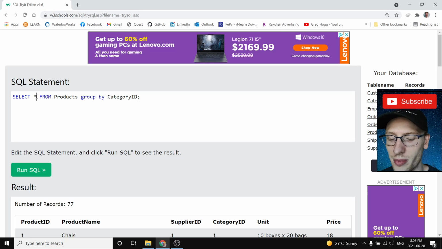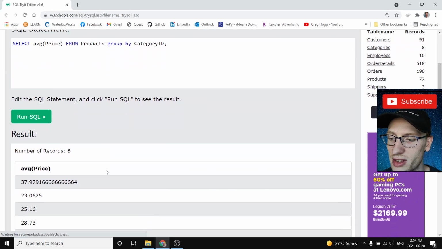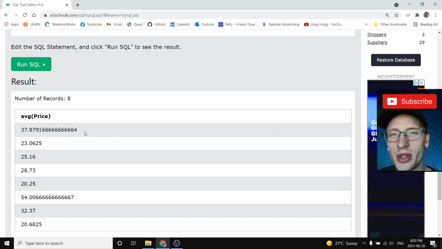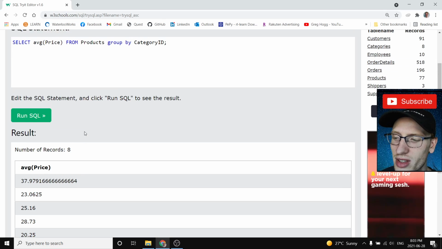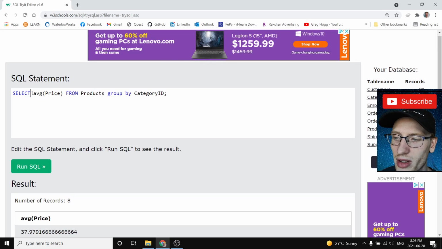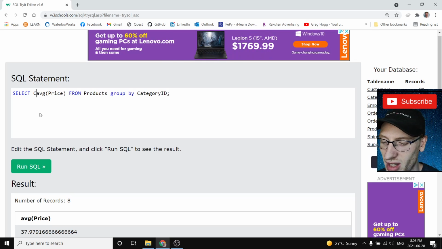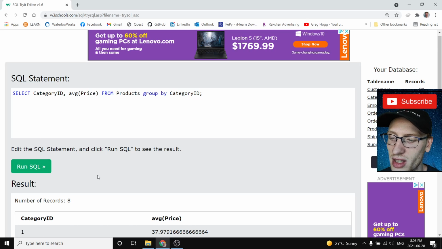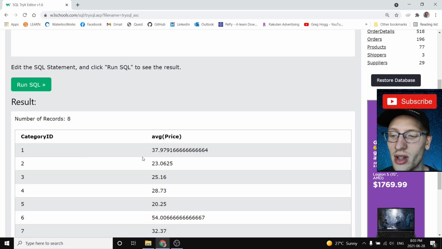So if we do select star from products, not order by category ID but group by category ID, and then not star but average price, that gives a bunch of different average prices, one for each group. Except you'll notice when you start to do this with grouping, it doesn't make any sense until you give it at least the group as well. So if we select category ID and their average price grouped by the category ID,